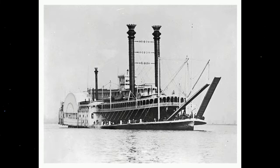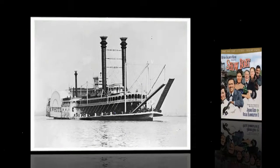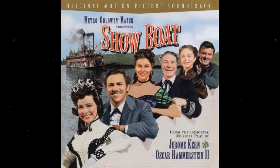The J.M. White caught fire when a passenger let the embers of a cigarette catch a drapery on fire. The boat was tied up to a dock, but still 28 people died in the accident, and the boat was totally destroyed. The romantic image of the steamboat was boosted by the musical titled Showboat, but an important fact was